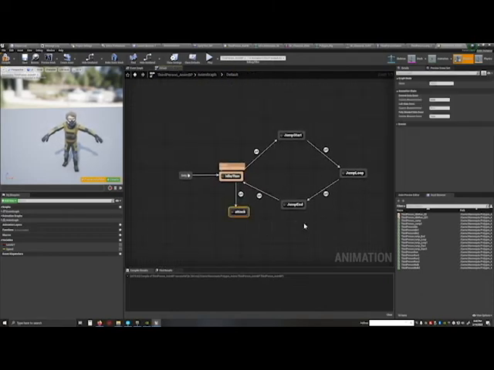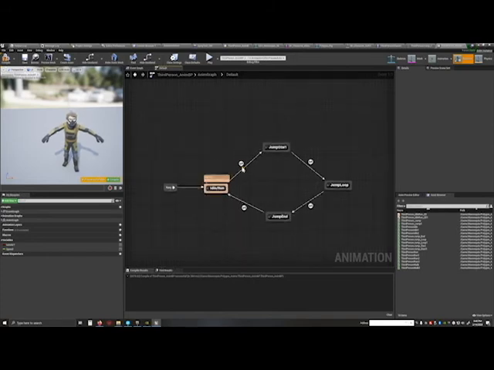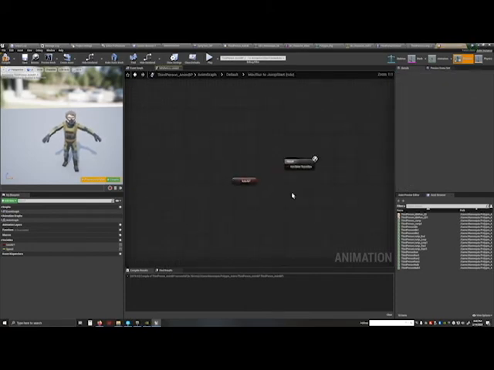Obviously we don't have any attacks, so I'm going to get rid of that. But then when you set these transitions, I could say, okay, it's possible to go from jump start straight back here, and it would set up this new transition. So this is the current one that says, are you in the air? If you are, then